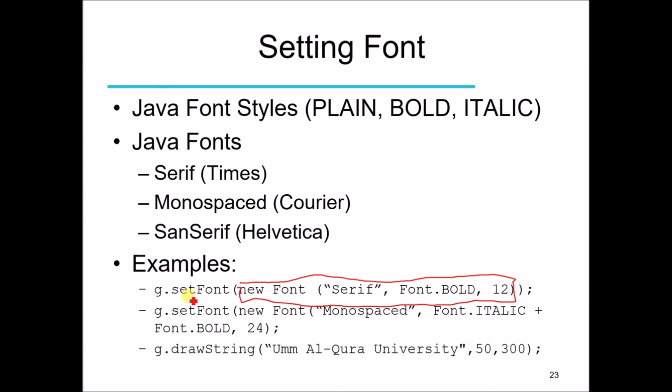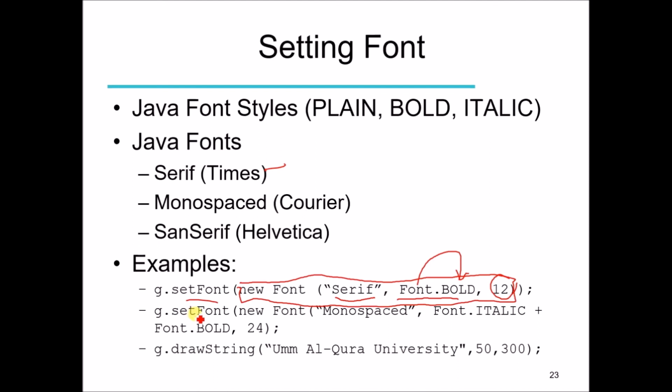Inside the parameter for this method setFont, we create the anonymous Font object, and we are passing our font as Serif, and the style is bold. Again we are using the constant from the class, bold. There are some predefined constants, so we can use these constants by writing the class name and the constant name. And then the size for this font is 12. So we can change the font to bold and size 12.